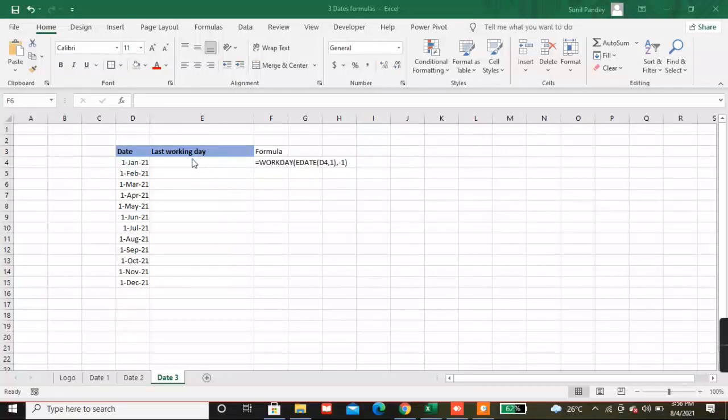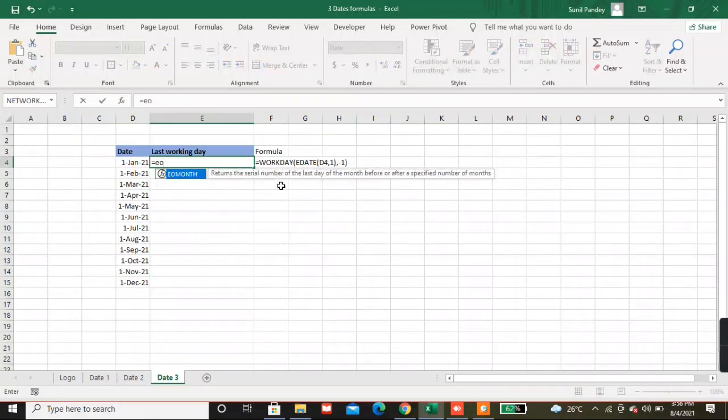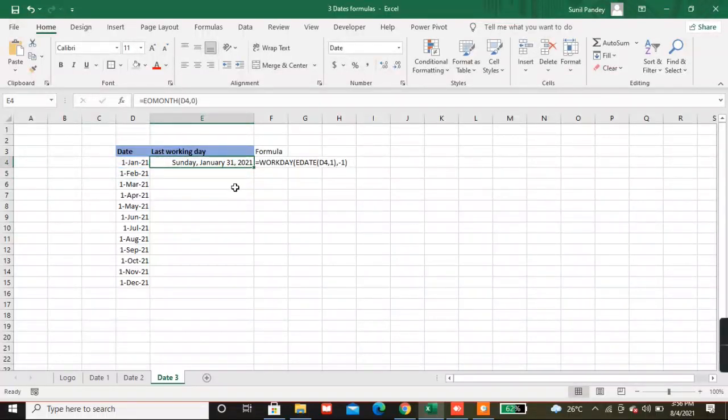If you want to find out the last day for the month, you can easily put your EOMONTH formula and select the date, and zero for the same month. We'll come to know the last day for the month, but we require the last working day.